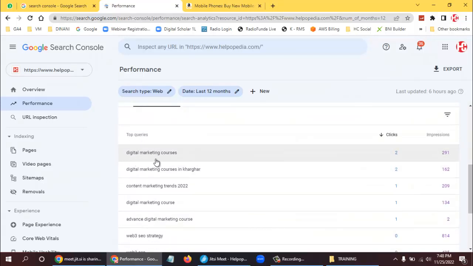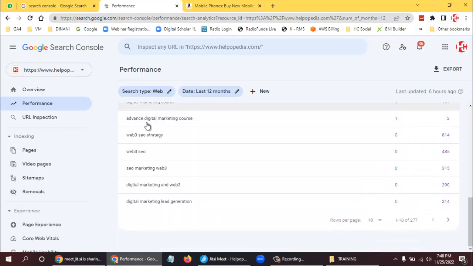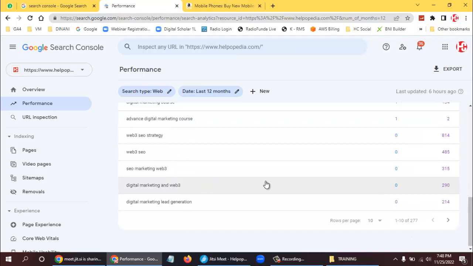Digital marketing course in Kharghar, content marketing trends 2022, digital marketing course, advanced digital marketing course, web3 SEO strategy. So these are the various keywords. There are 277 keywords that we can see over here. With these keywords, our website is coming up in the search engine. But